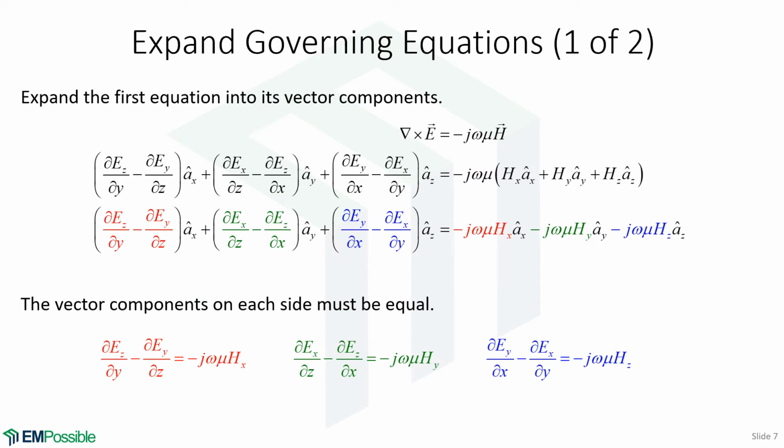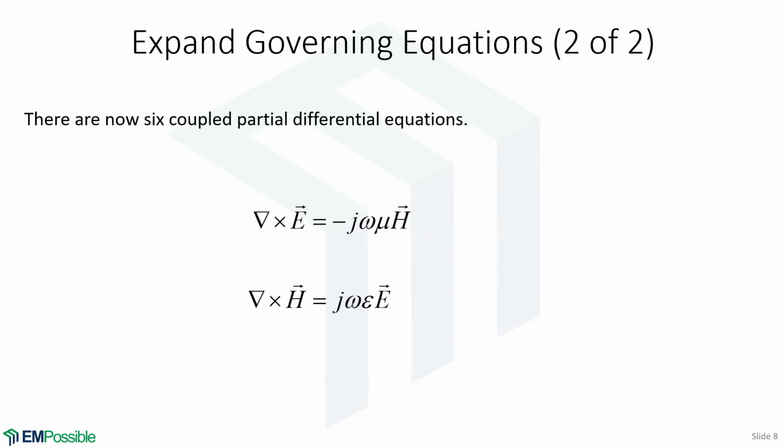What we'll do is set the x component on the left equal to the x component on the right. We will set the y component on the left equal to the y component on the right. We will set the z component on the left equal to the z component on the right. And then we go from a single vector equation to three scalar and coupled partial differential equations. So in fact, we did that with the first curl equation. We could easily do that with the second. I will skip the work,